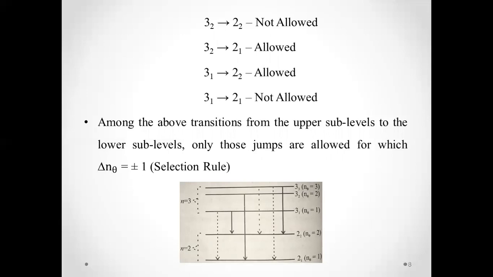Here we find that among the above transitions from the upper sublevels to the lower sublevels, only those jumps are allowed for which delta n theta is equal to plus or minus 1, which is the thumb rule or the selection rule. Among these transitions,